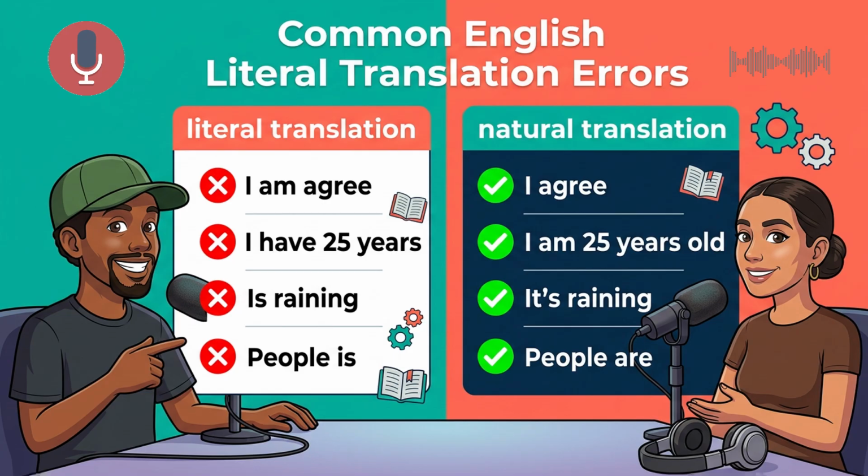Let's stop right there. Let's really look at that sentence. Yes, I am agree. It happens all the time. It does. If you are listening right now, you might have said this before. It is incredibly common. But to native ears, I am agree immediately sounds broken. It does. It sounds like the house fell down. Right. So our goal today is not just to correct you, but to explain exactly why this happens in your brain so you never make the mistake again.